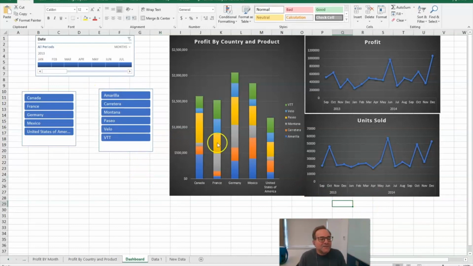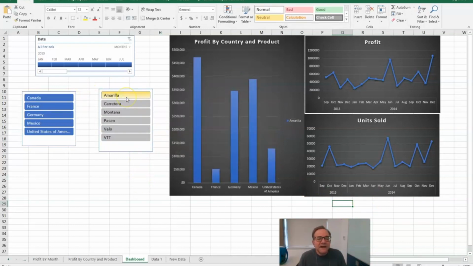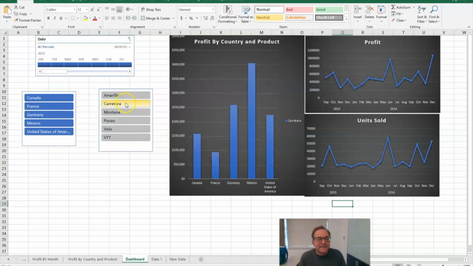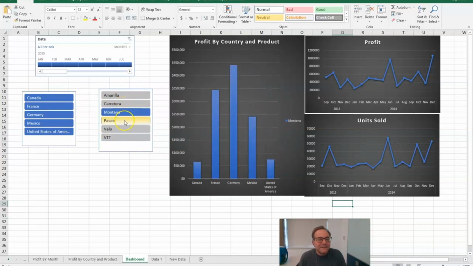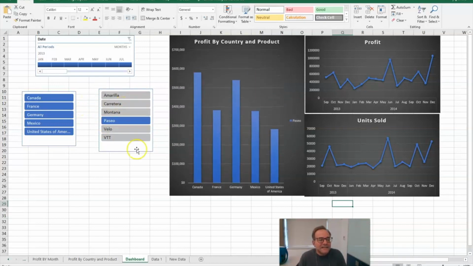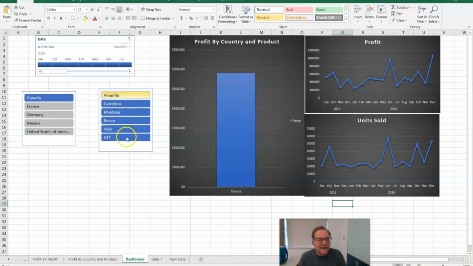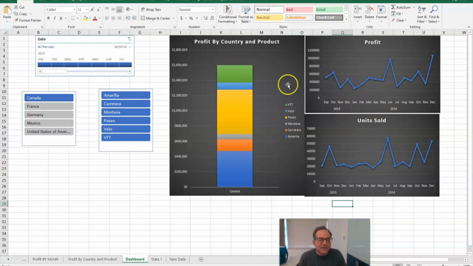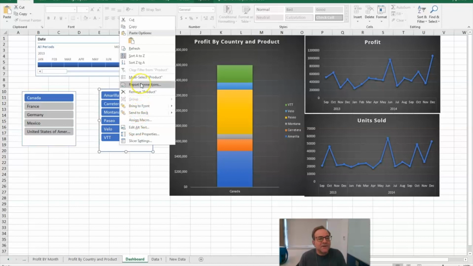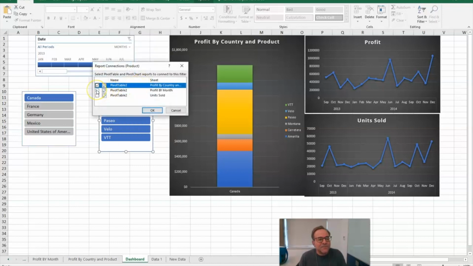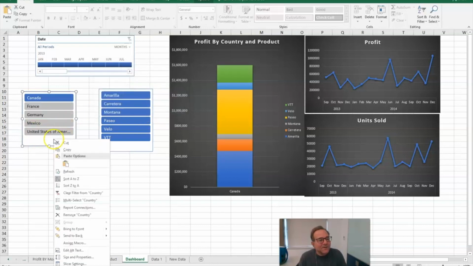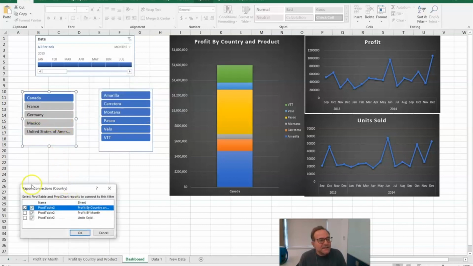Right, so you'll see that with these slicer buttons, I can actually start to isolate the data here, and it's lovely. We can really kind of see each model. We want to just see Canada, but you might notice that our other two line charts are not updating. So what we need to do is right-click on the slicer, go to Report Connections, and you can see the other two pivot tables are left out in the cold here. So let's do that for all of them. Report Connections, and we're going to bring in all of the data.